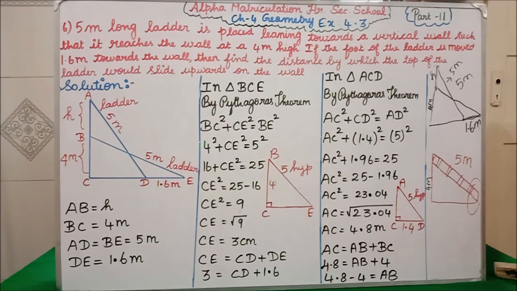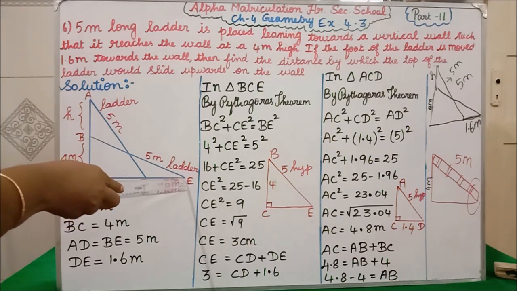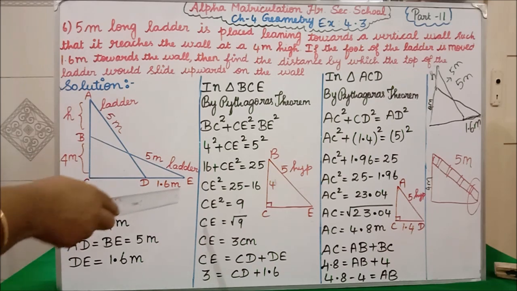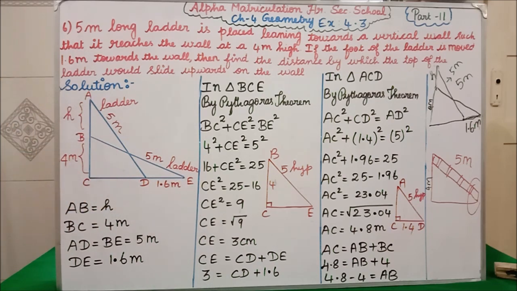See, this is the same diagram I have drawn in the fair copy. See all of you. Now first the ladder is 5. This is the first diagram. BCE is our first diagram, because we have placed a 5 meter ladder against a 4 meter building. After some time, we moved the foot of the ladder 1.6 meter towards the wall. Now if this side of the ladder moves, this side will also go up, isn't it? So now this position has gone here.